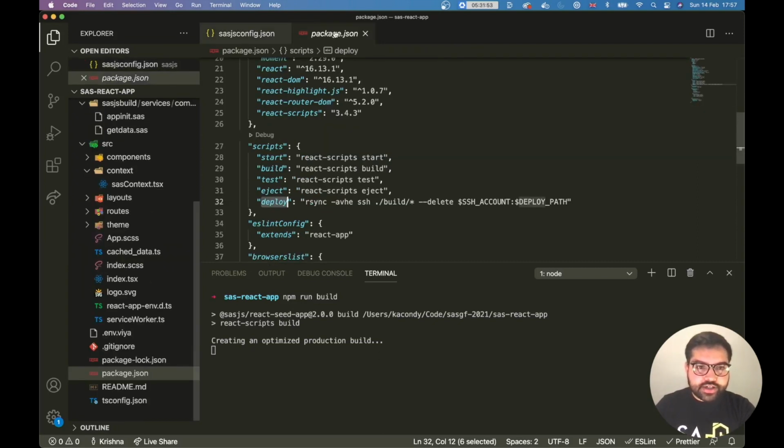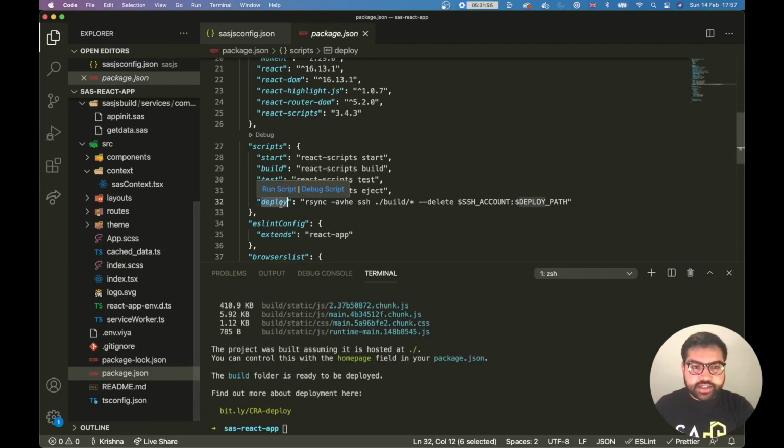So in the package.json, there's a pre-populated deploy script which does the rsync deployment to your chosen SSH account on the given deploy path. So I'm going to populate these variables and run this command right now. SSH account is my account.